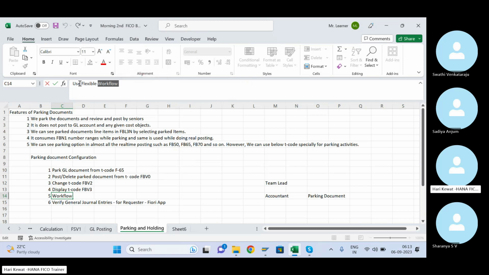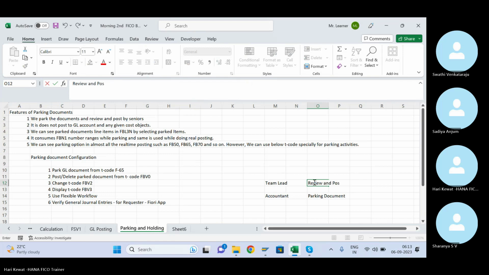In HANA we say flexible workflow. So this flexible workflow you have to apply in this approval process. So when the accountant has parked a document, it will go to the team lead. He can review and post.